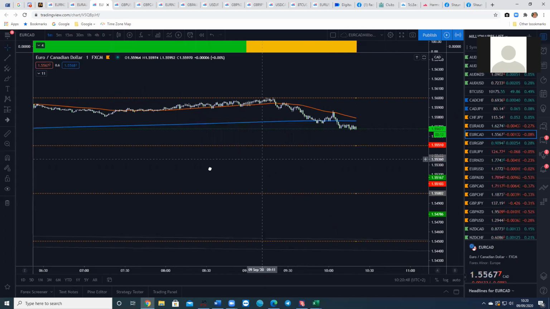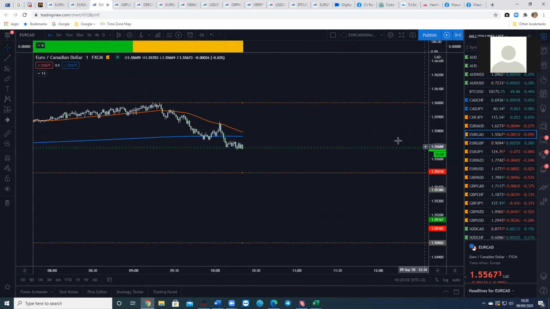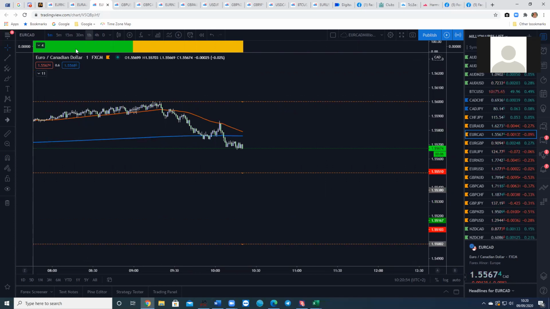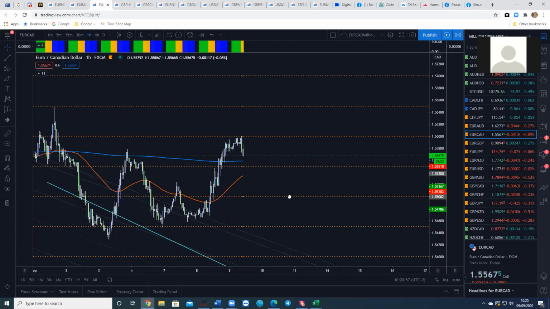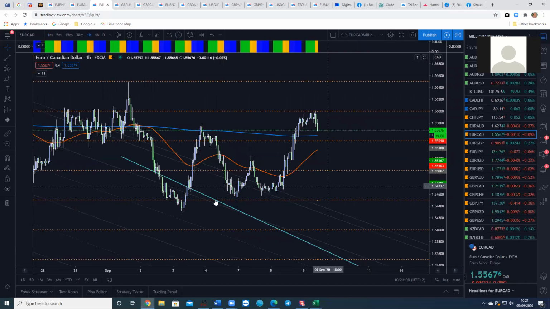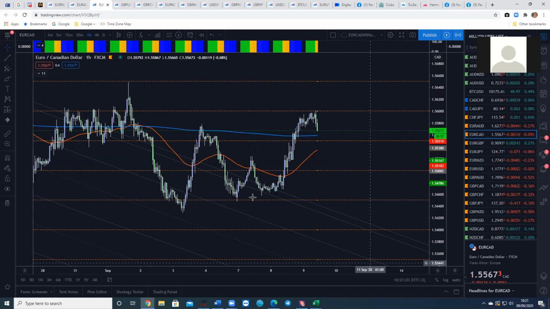So Euro CAD has stalled out along there. Let's check our scan. Remove that because that's no longer valid. So this looks like it's coming down, which is interesting because the other two we thought might be turning to go up. So our last scan on this one